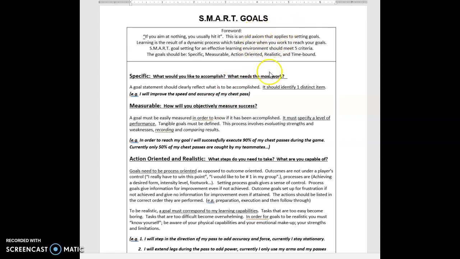But the SMART goal is a little bit more detailed than a small goal that you are usually used to creating for yourself. This is a little bit more detailed, so you can really break it down and tell me exactly the criteria that you want to work on. So, starting with specific, what would you like to accomplish, right? What needs the most work in your skills,